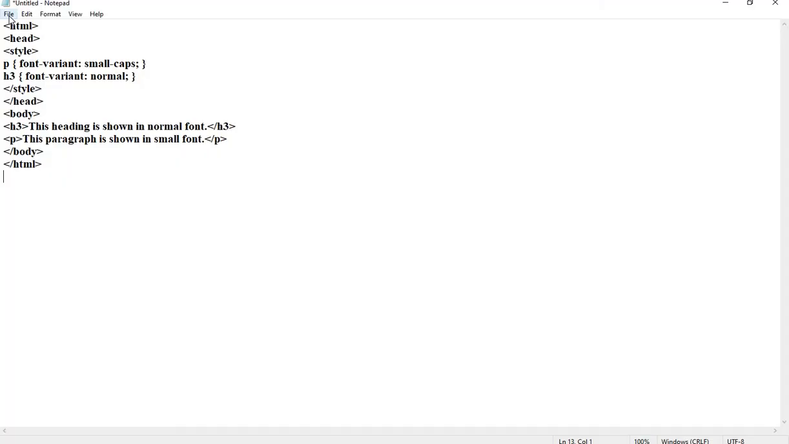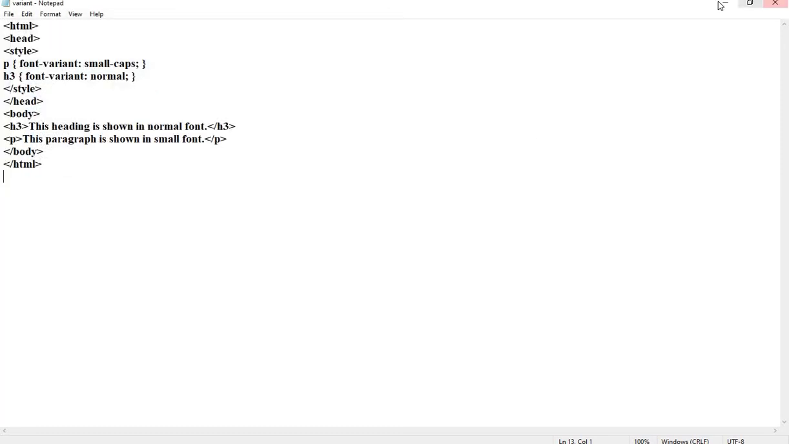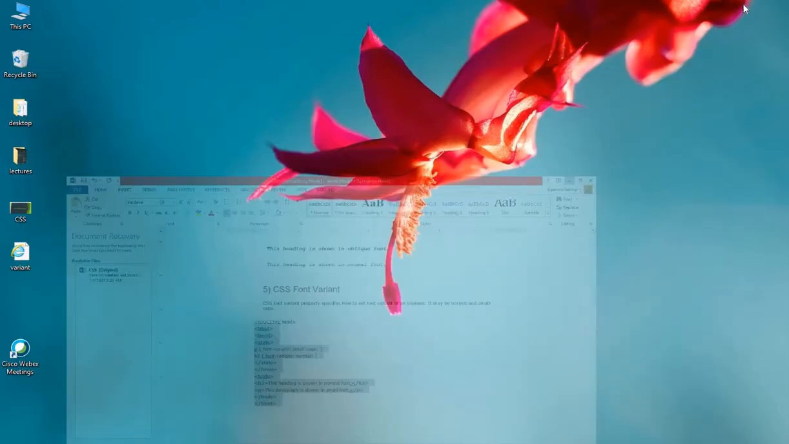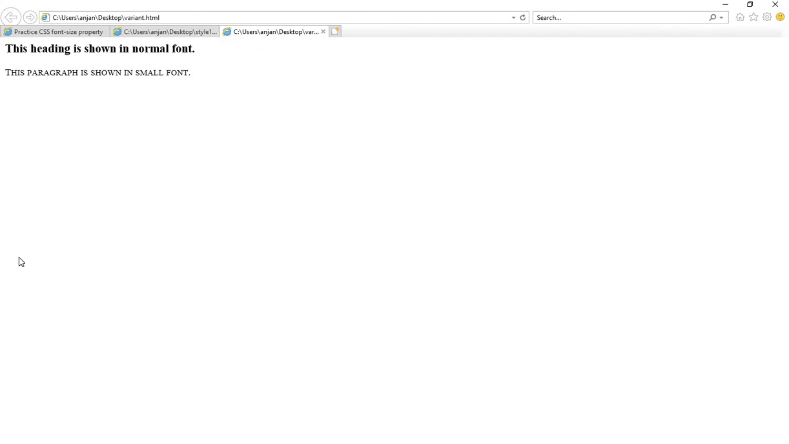You can save the file. I have written the same code as I have written on the slide. You can see the resultant page. First is with the normal value, and the second line is with the small caps value. Now the last attribute is